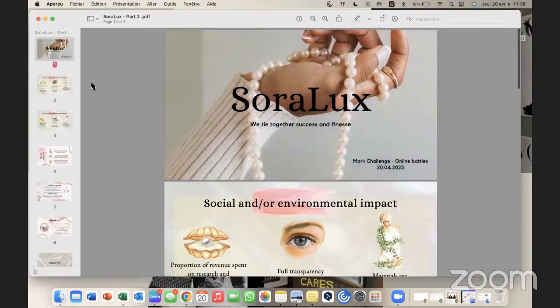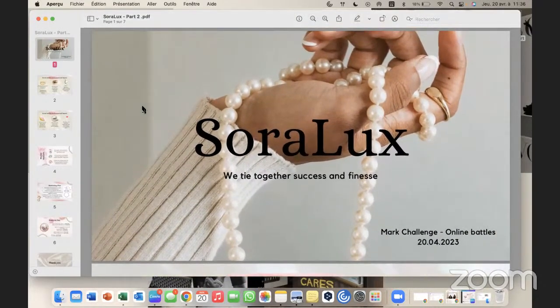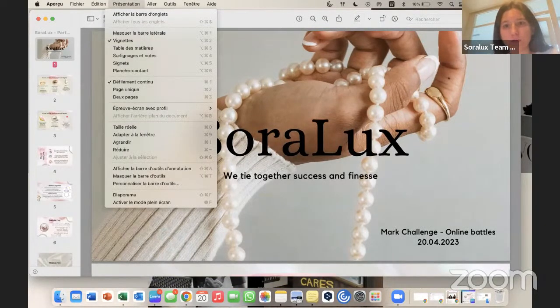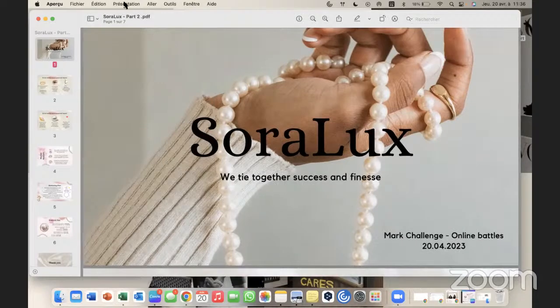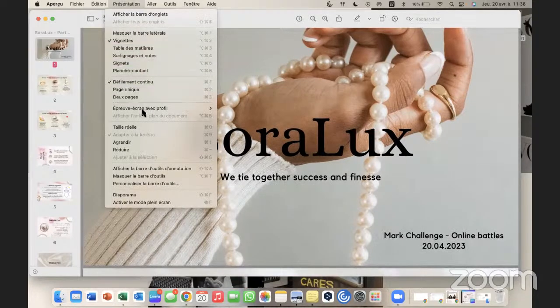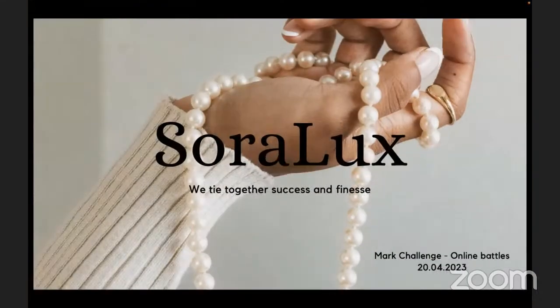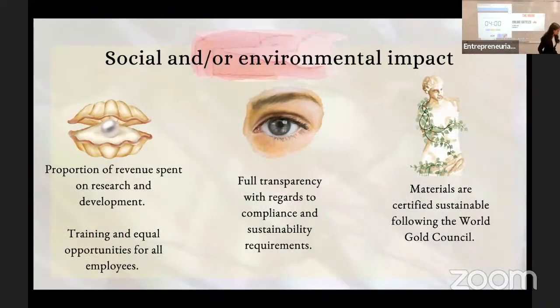I don't know how to put that in big screen. Is it okay like that? Alice, you can go to Presentation and then Slideshow or something like that. Enlarge. I know why it is not working. It's good. Okay, I got it. Sorry. Okay, we'll start the timer then when you're ready to present. Good luck. Thank you.